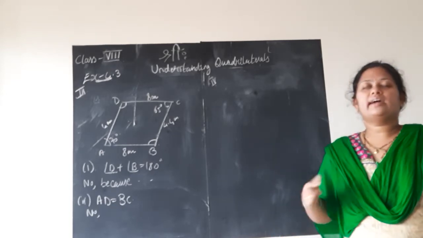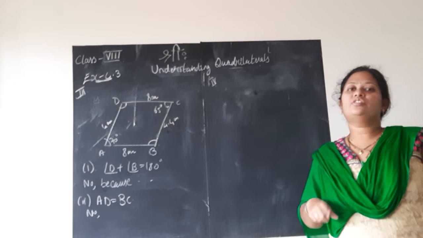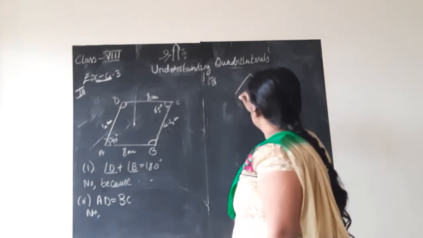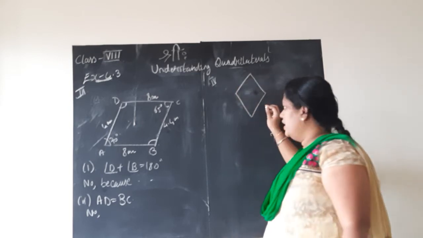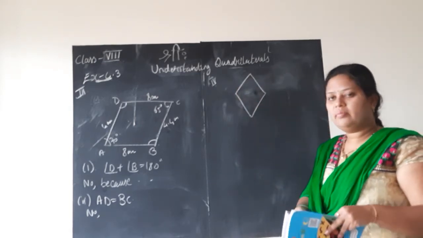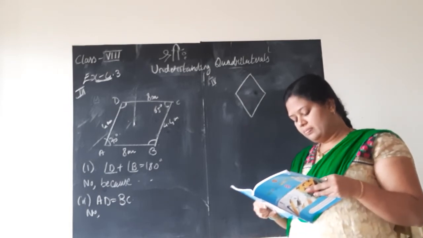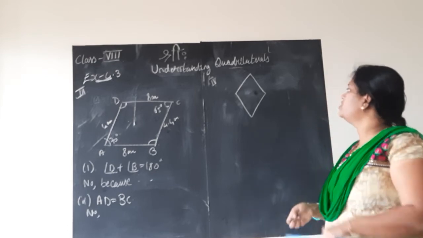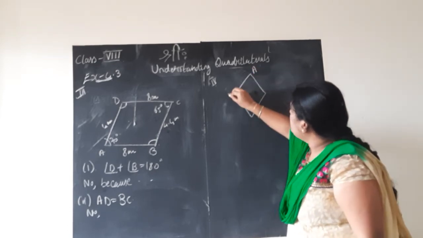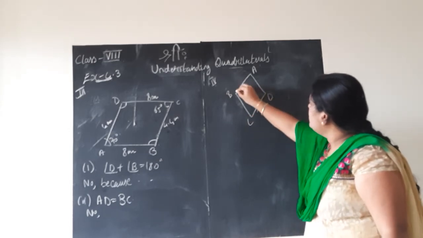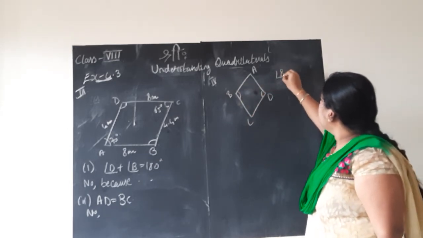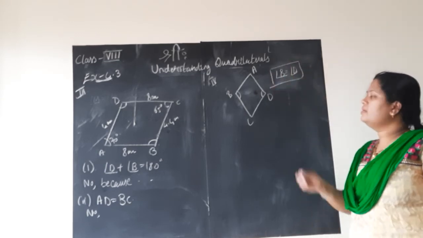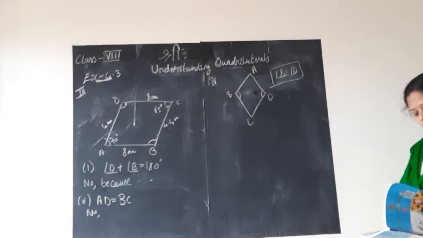So in the kinds of quadrilaterals, which all polygons you studied, you just recall. Can I draw a kite or a rhombus, children? If I draw a quadrilateral like this, then it is not a parallelogram, of course. Exactly two opposite angles of equal measure. So in the kite, if I label it as A, B, C and D, angle B is equal to angle D in case of the kite. If you want, you just go back and look at the properties of the kite. There you will understand, children.